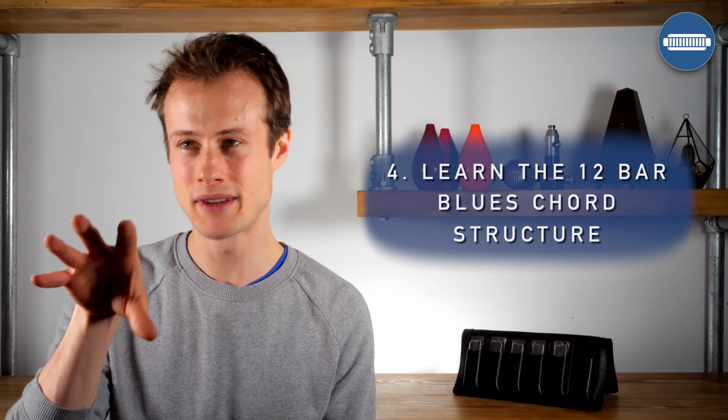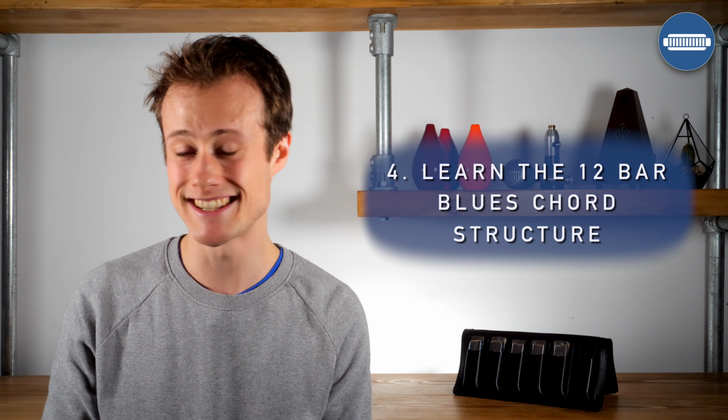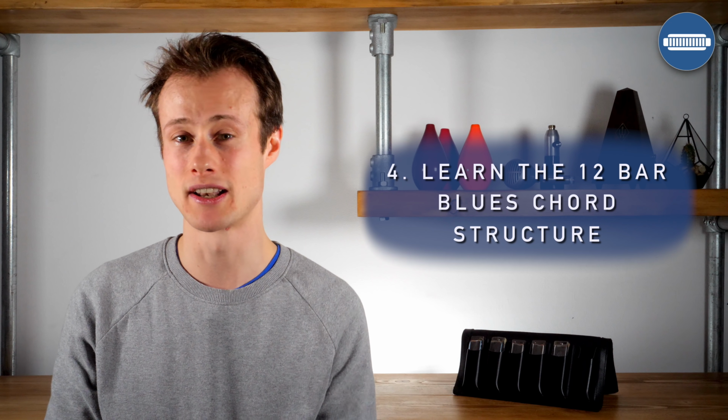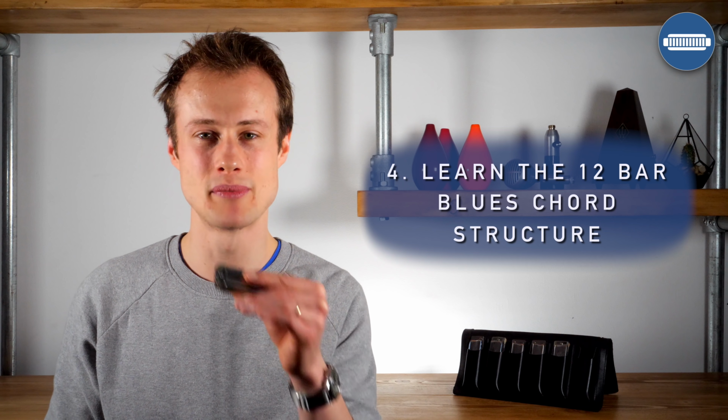And if you're getting up on stage for the first time, you can just play the root notes of the chord as a simple bass line. So you could do something like, the root notes of the chord for the 12-bar blues. Play a simple bass line, something like